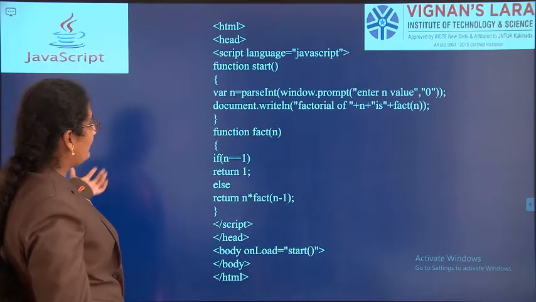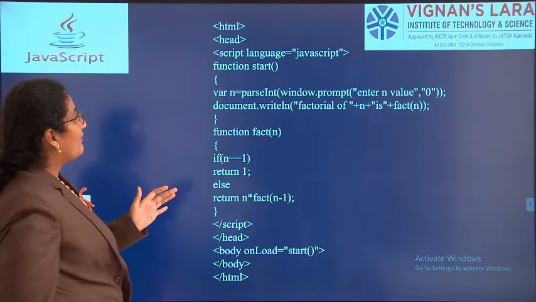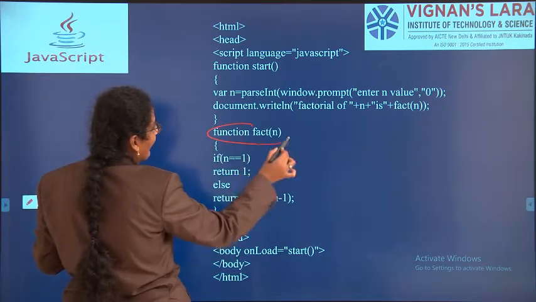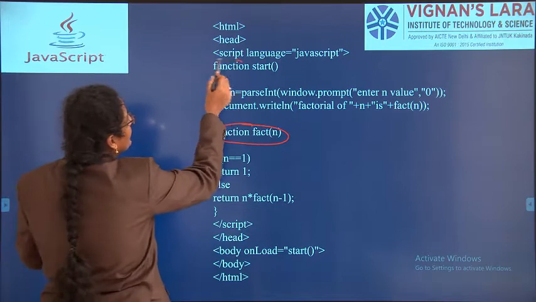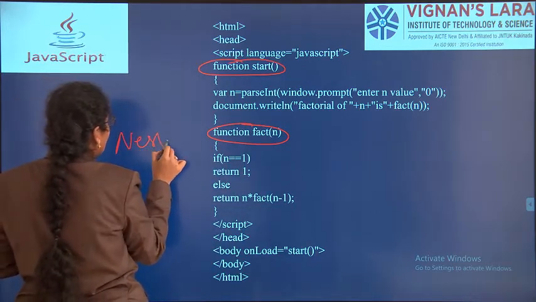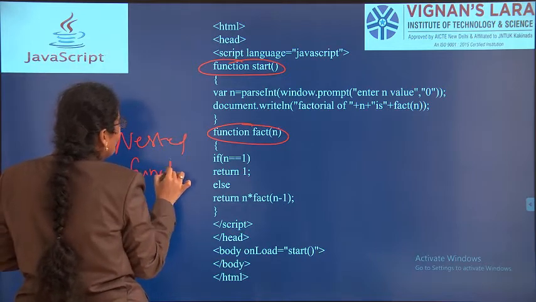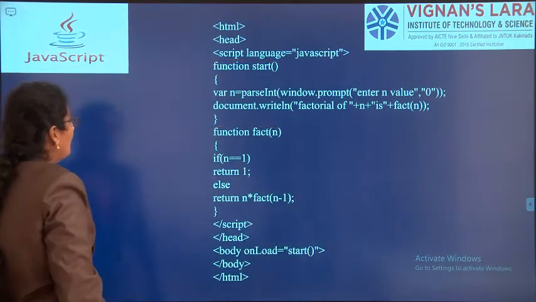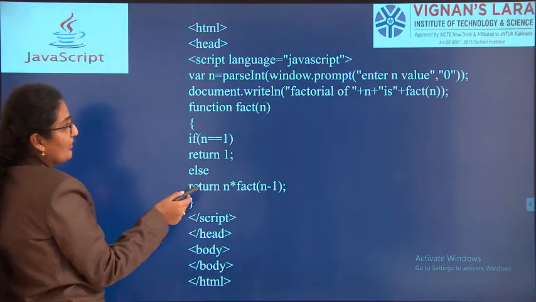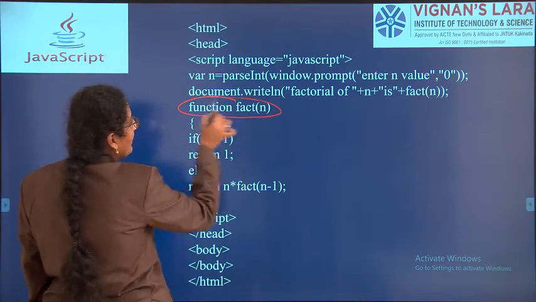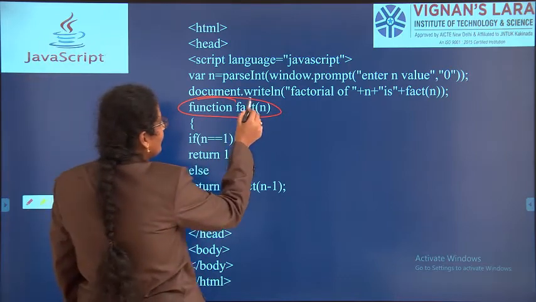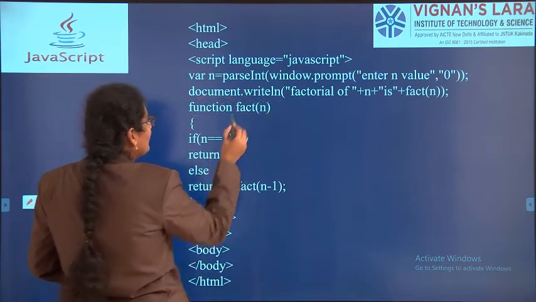So this is another way. The same factorial program, you can write in another way also. See, you have used the function fact here. That same function you can use many times, which is nothing but nested functions. So nested functions also you can use. You can use the concept of nested functions also. In the previous program you have used a function. See, this program is also a program for finding the factorial of n numbers. Here you have used function fact n. The name of the function here is fact. So what is the name of the function here?